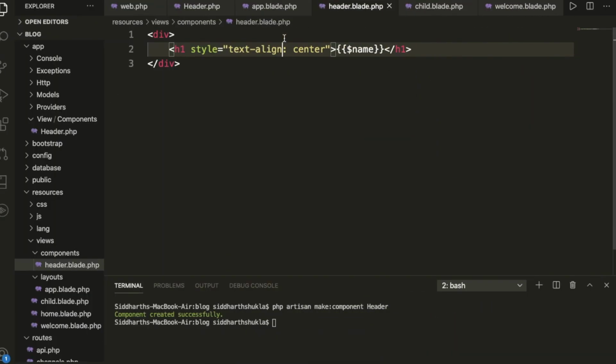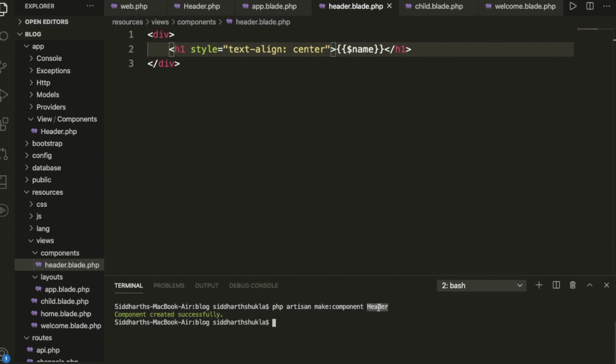So we created the component using php artisan make:component and the component name. So we created it with the name of the header. Once we hit this command, we will get two files. First, a folder we created inside View/Components with the component name, so we have the created name like header, and also we have one more file inside resources/views, where we have the file like header.blade.php.